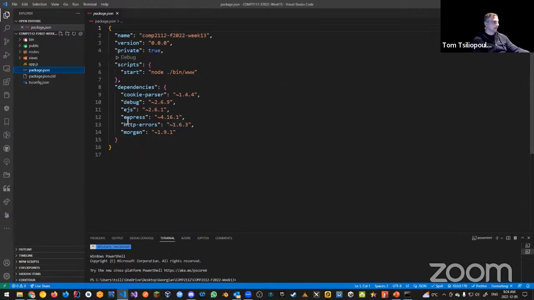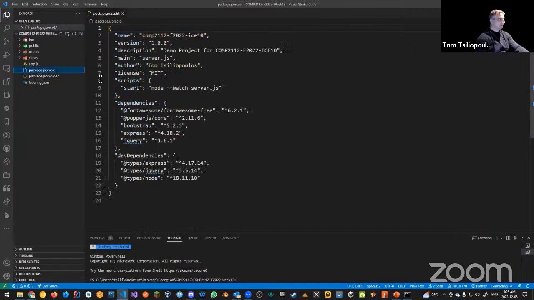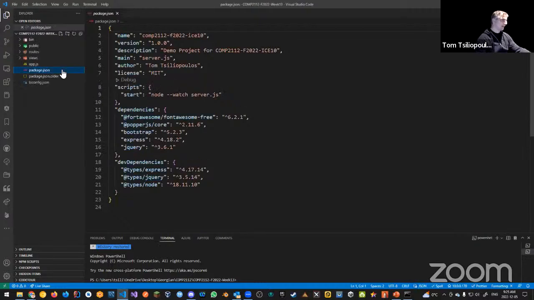So let's do it. Let's convert. Here, I'm going to rename this one. So package.json, let's rename, and I'm going to call this package.json.older. Older is going to be the one we just got. And I want to convert our package.json.old to package.json. So I'll rename this one to package.json now. We're just renaming it back. Okay, so back, we have this again.